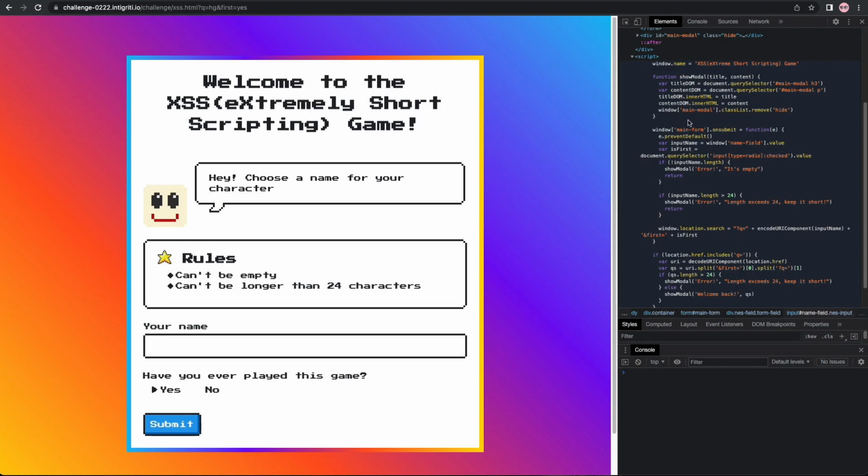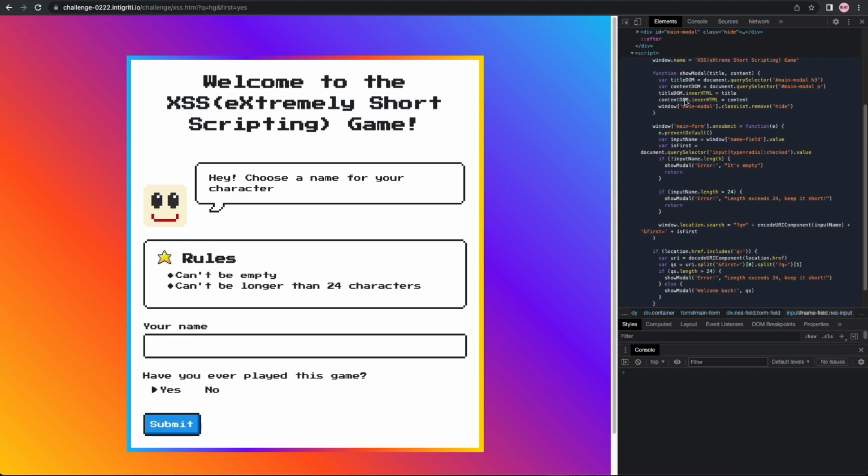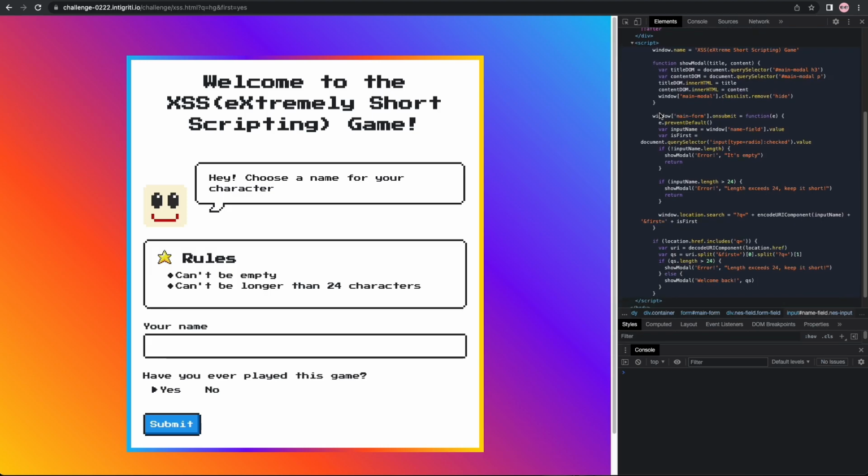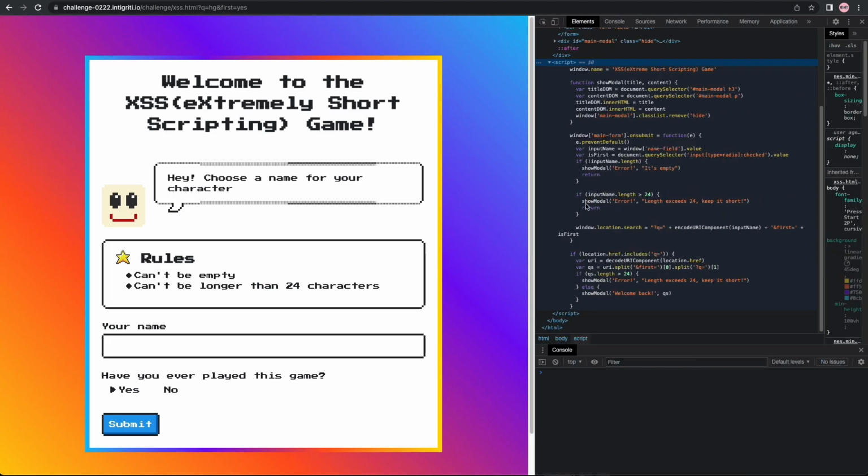So this first function here, showModal, we're going to see how that gets called later. So I'm just going to skip over that for now, and we'll see how it gets used. And we're just going to skip straight down into this onSubmit event handler. So looking at the onSubmit handler, we see that it's literally taking the value straight out of the form, and it's just going to check if it's over 24 characters, and if it's not, then it's just going to